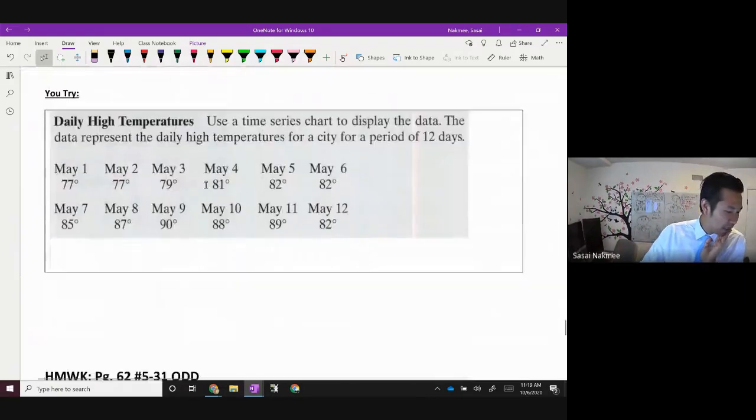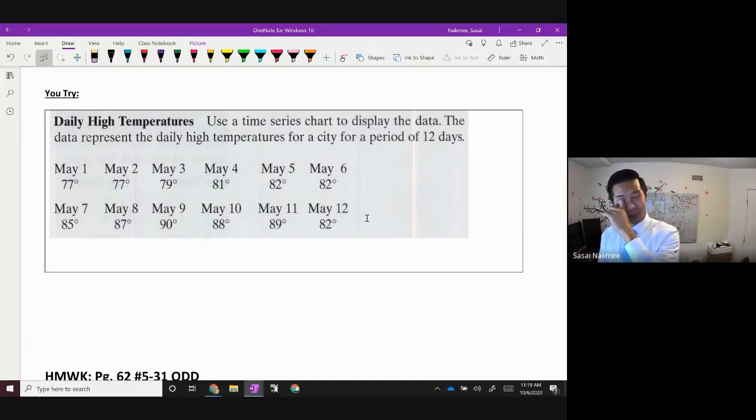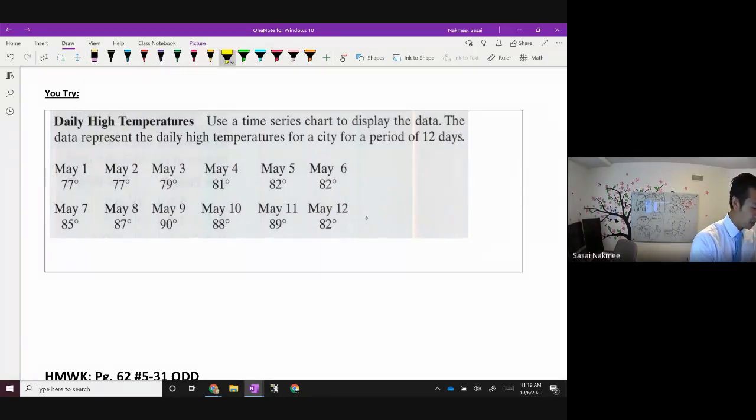There's a Try It here, and we're supposed to do this as well. So it'd be like the first day, the second day, the third day, all the way to the 12th day, right? Paying for service and phone. Yeah, so I figured as much. So you can get a newer phone, but not pay for the phone up front. You can just pay it along the way, and so you can get yourself a nice phone. Anyways, if you were going to do a time series for this one, the x-axis would be your days, right? So if I was making a list of this,